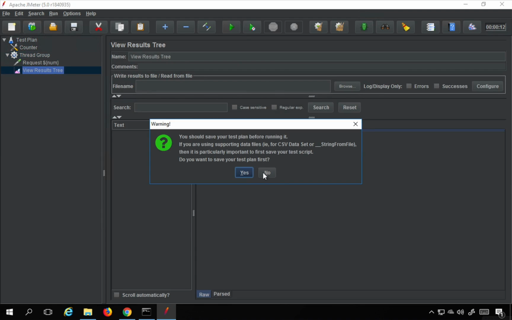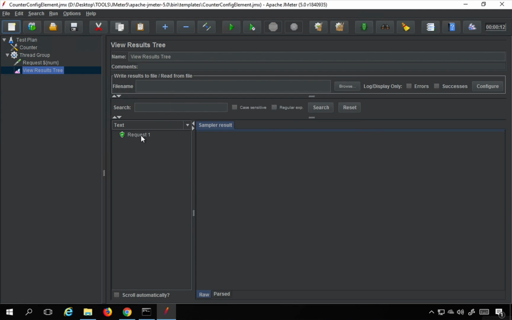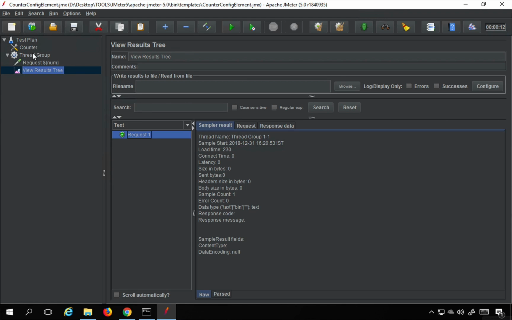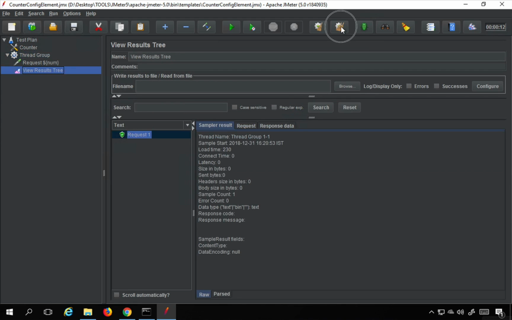So I will just save this. I will say this is counter config element, and yes, you can see it has started with 1. Now if I increase the iteration or users, let me just increase the iteration to 5, and I will run this again,